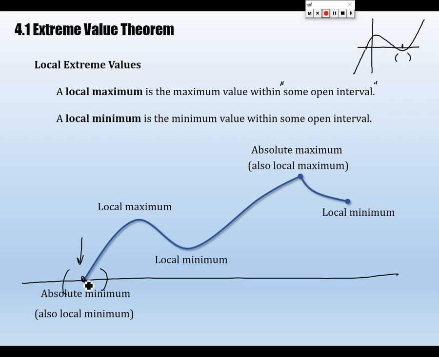Do you have the same issue with this local minimum? Why is it a local minimum? Because like that's the end, right? Don't you need something on both sides for it to be in the open interval? Yeah. So why is this a local minimum? Let's say this is x equals 5 here. So we just need some open interval of real numbers, any open interval you like. It doesn't have to be part of the domain, right? Such that the y value that goes with x equals 5 is less than